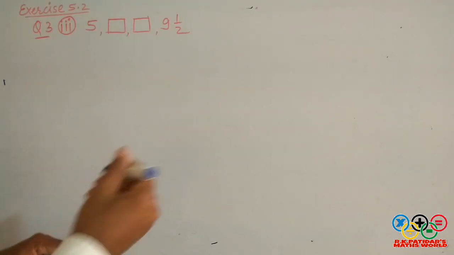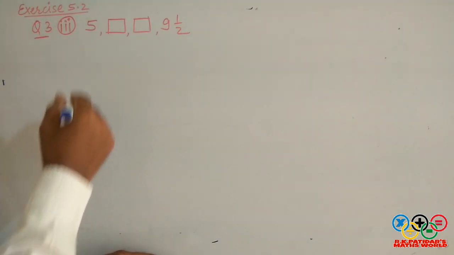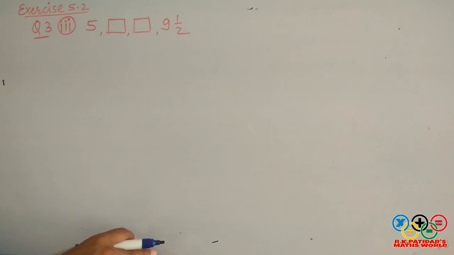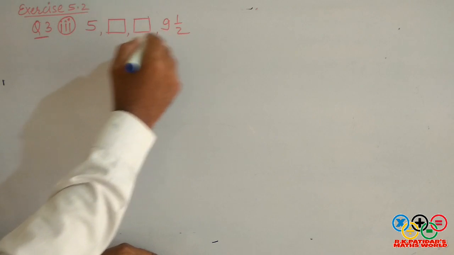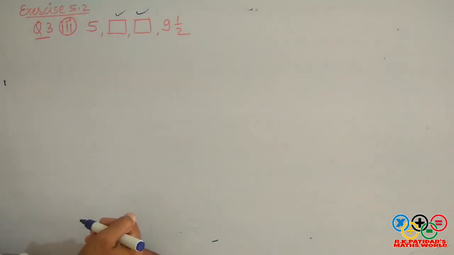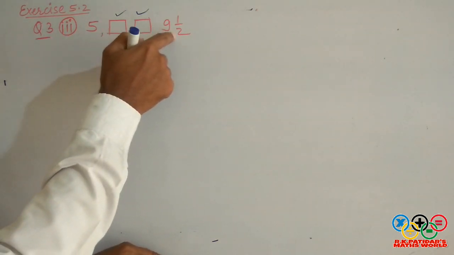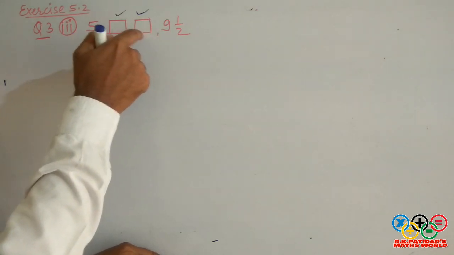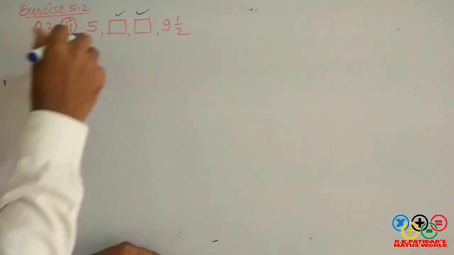Next question, question number 3. We have 5 parts in this question. I am going to discuss here 2 questions. With the help of these 2 questions, you may solve all the parts. See here, in the 3rd question, an AP is given and 2 terms are missing. This is first term, second term, third term, fourth term. Means second and third terms are missing. We have to find out here the second term and third term.